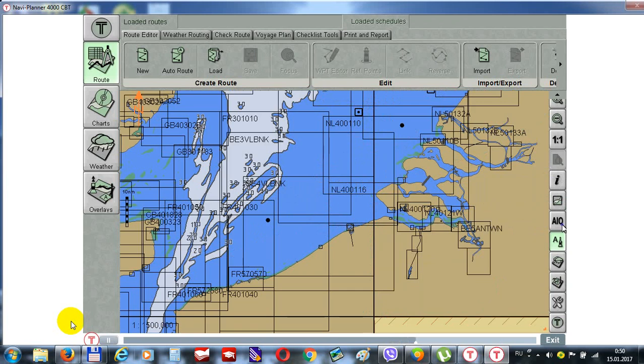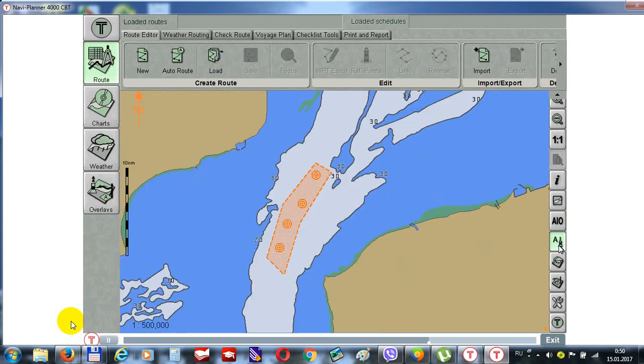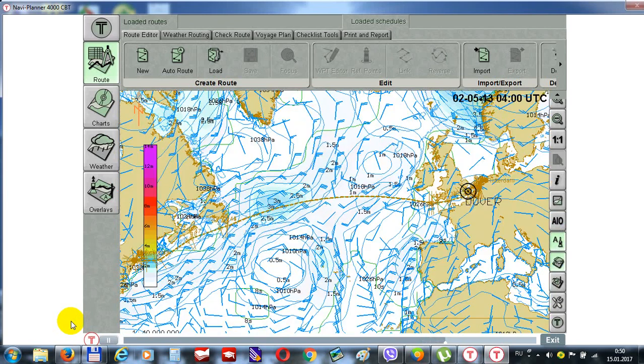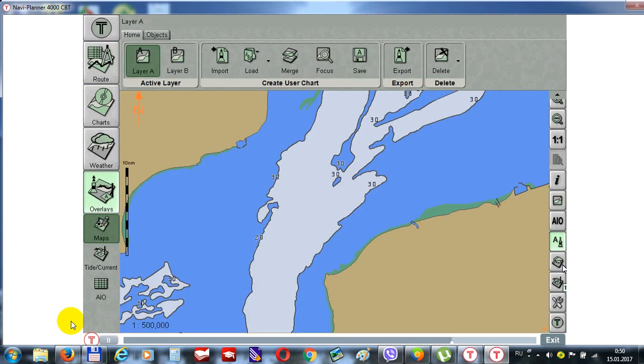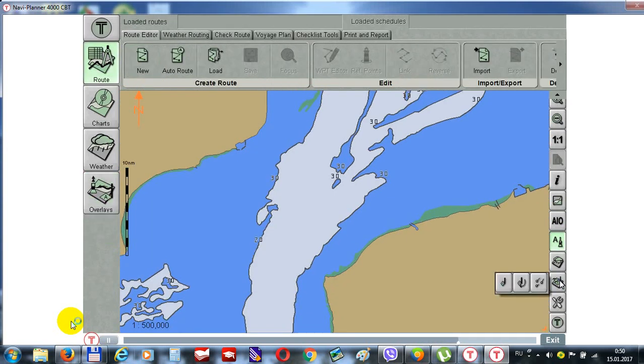AIO button, to display Admiralty Information Overlay on the chart panel. Maps button, to select map layers, Layer A and Layer B. Weather Overlay button, to turn on or off weather layer on the chart panel. Tides and Currents Overlay button, to turn on or off the display of tides,